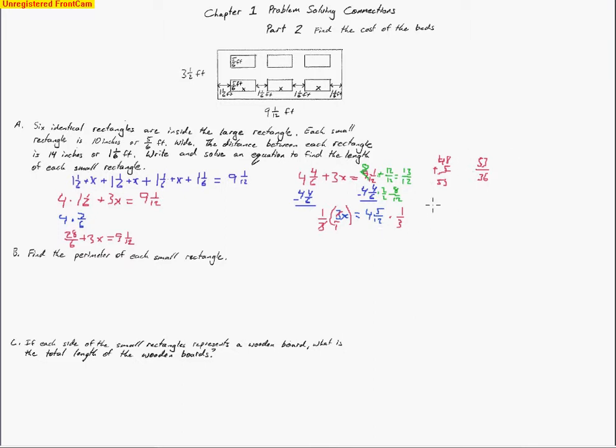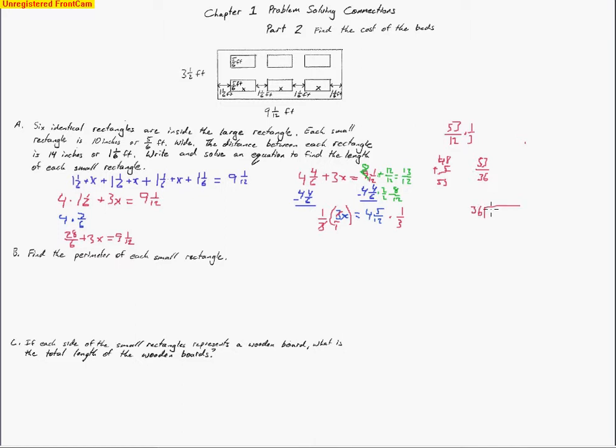And so let's go ahead and change that back to a mixed number. So again, I got that 53 over 36 by doing the 48. Go ahead and erase these little marks here. So I had the 48 plus the 5 made 53 all over the 12, and then times a third, and you can see I'm getting 36 there. So I've changed that back to a mixed